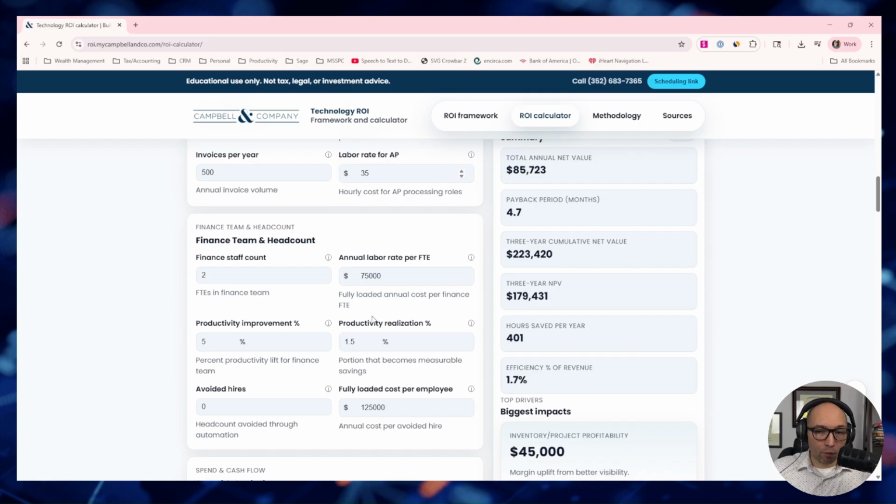And productivity realization. This is the portion of that is truly measurable savings. Okay, we might be able to do something 5% faster, 50% faster, but we're not going to realize 100% of that. Maybe we only realize 1.5% or 5 or 10% of that.